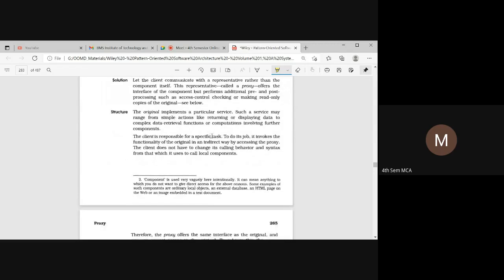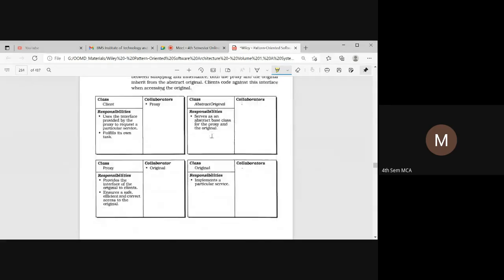So we have a structure. In the structure we have a client, proxy, original, and the abstract original. For the client class, the collaborator is a proxy, and the responsibility of the client class is having the interface. Through the interface, it requests a service to the proxy.